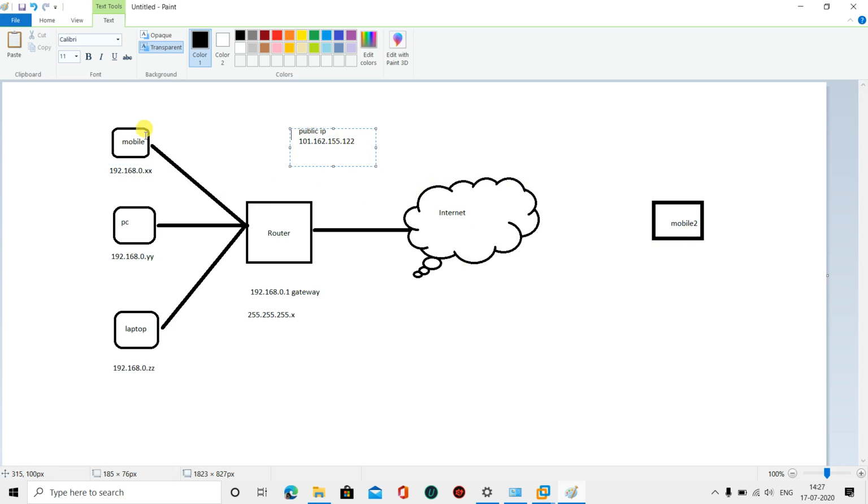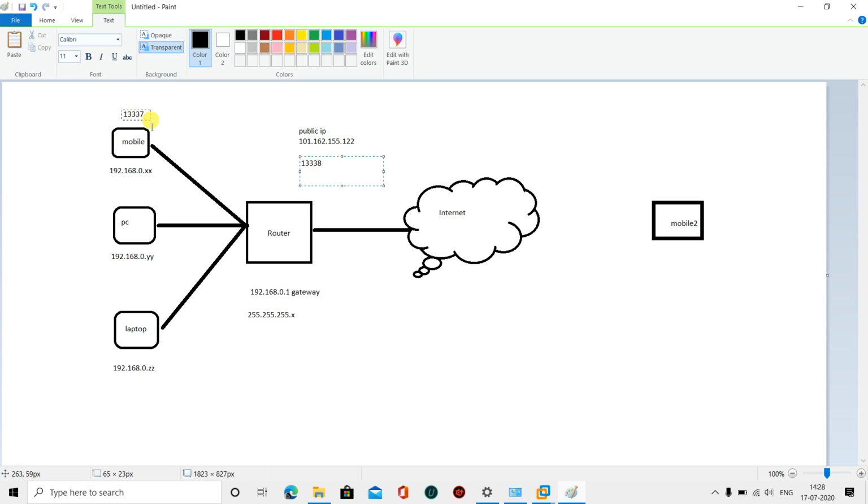So what he will do is port forwarding. Suppose his local port is 13337 and he will do port forwarding from this to the public IP port, that is, the router port. It may be another number, 13338 or the same or different, it doesn't matter because these are the ports of the router.